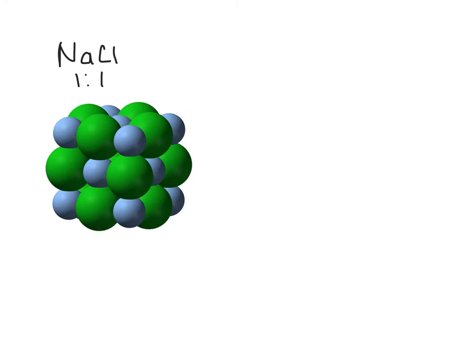If we zoom down to the microscopic level, we can see that the actual compound is made up of a whole bunch of chlorine anions and a whole bunch of sodium cations in an alternating pattern called a lattice. This type of lattice structure is common to all ionic compounds. This particular lattice alternates in such a way that there will be the same number of sodium atoms as there are chlorine atoms. I can tell that this is true if I count the number of chlorine atoms that surround